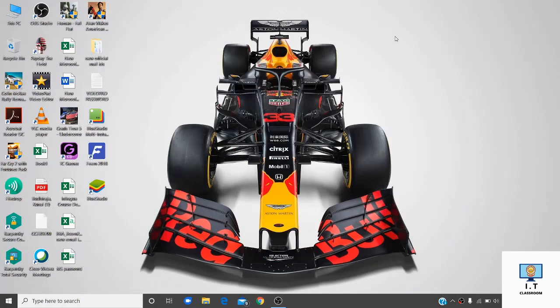Students, MS Excel is a spreadsheet software. We can create worksheets in MS Excel, and we can edit the worksheets which we create. How it is to be done, that I am going to tell you today. So, let's start. First of all, on the desktop, there is one icon, Microsoft Excel.